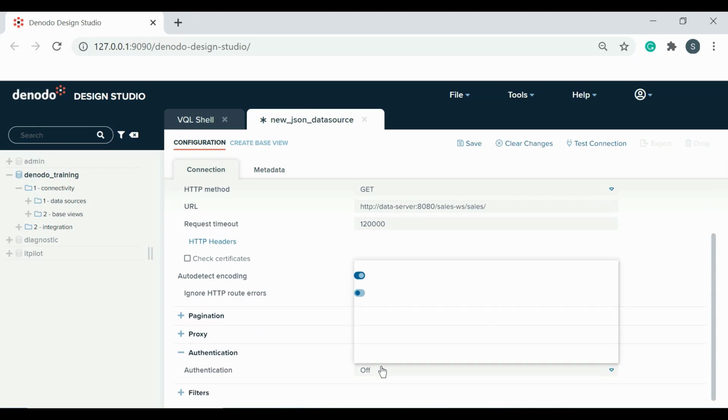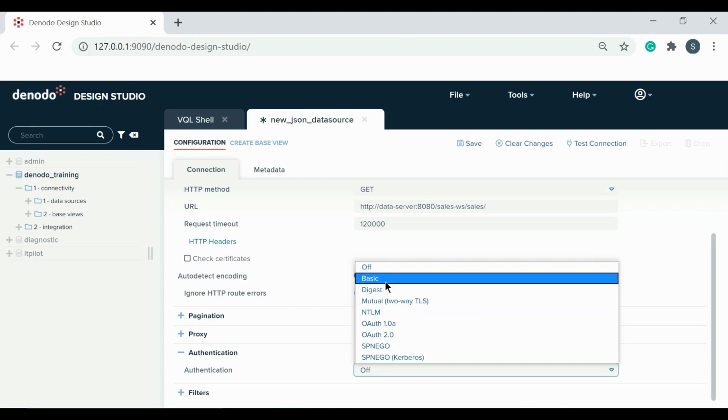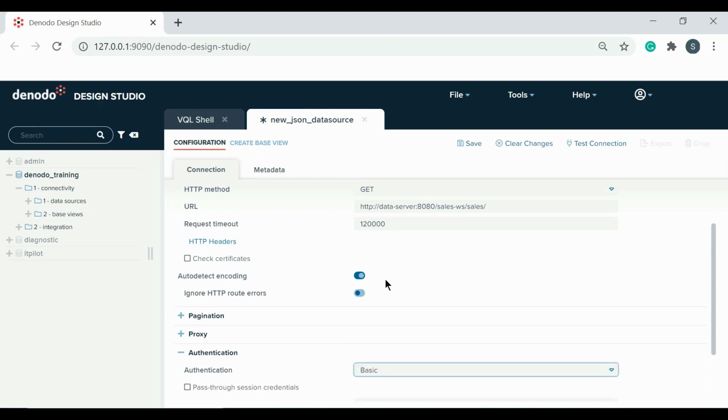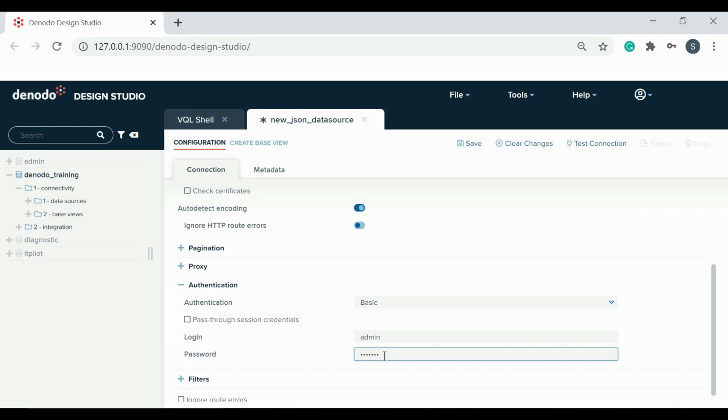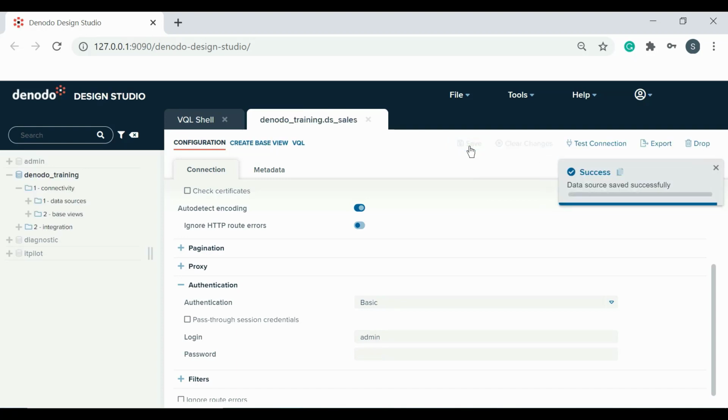Finally, choose the authenticator type as basic, and provide the admin credentials as specified in the lab description. That's all. Save the data source, and now you could create two base views playing with the JSON tuple root.